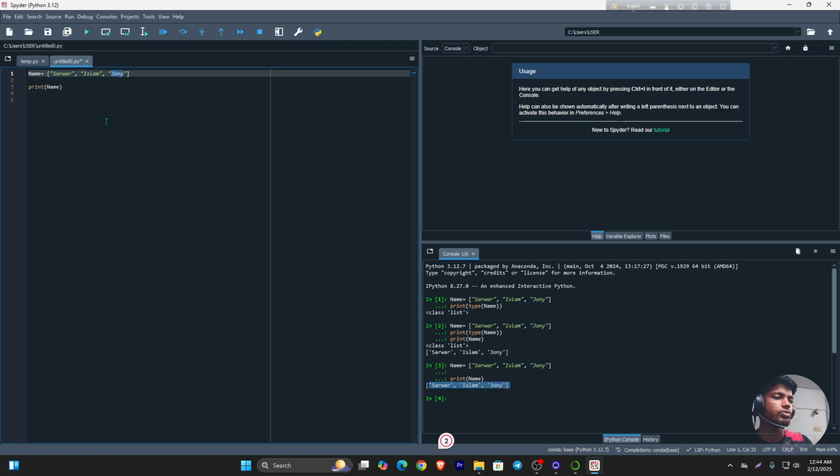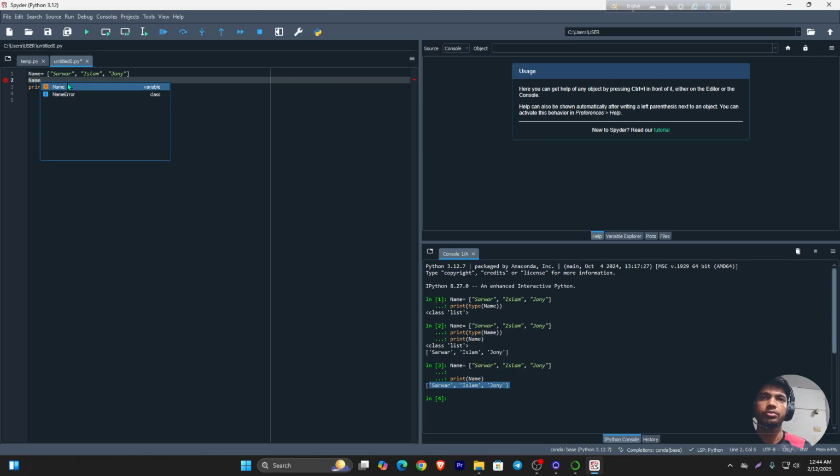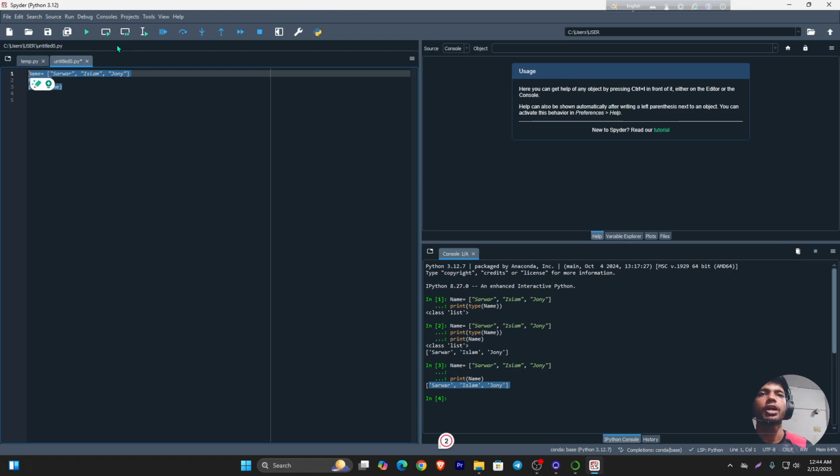Now if I want to get a certain index, I write name, then square brackets. Let's say I will print my name, Jony. Now if I run this,